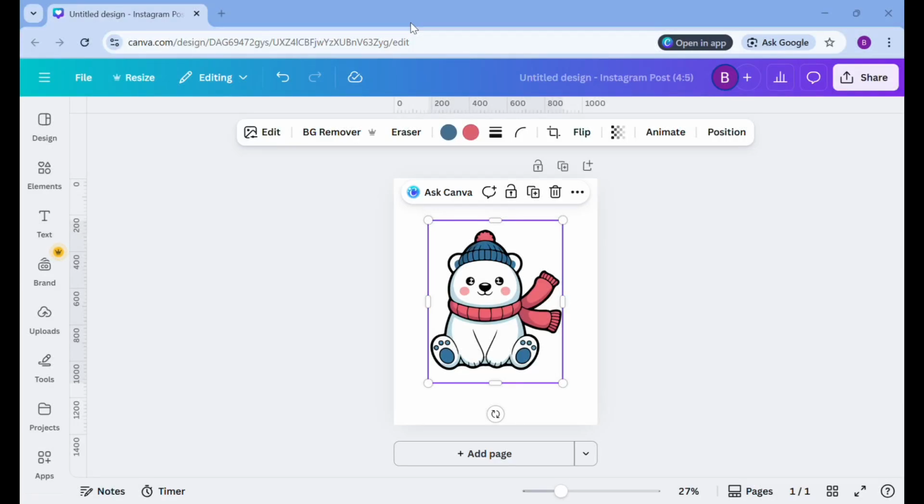In this tutorial, I will show you how to turn a normal image into a 3D clay art effect in Canva. It's super easy and looks amazing. Okay, let's get started. First, just upload the image that you want to transform into a clay art, and then next, just remove the background